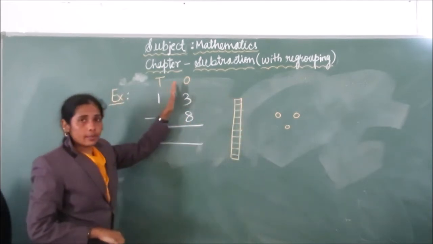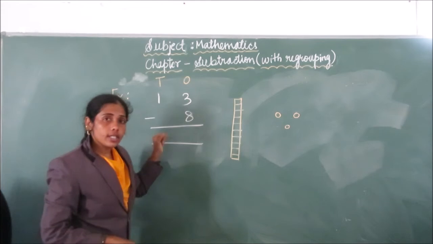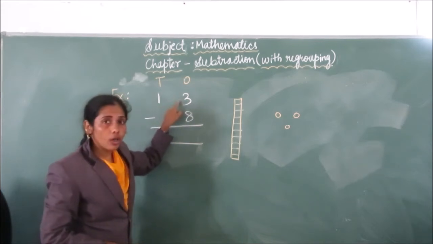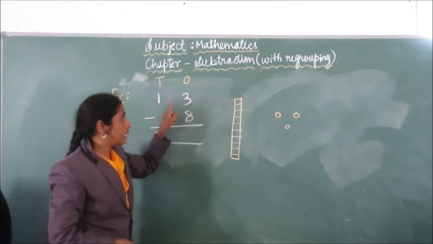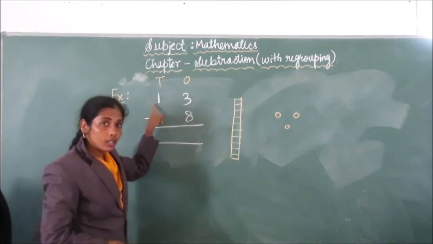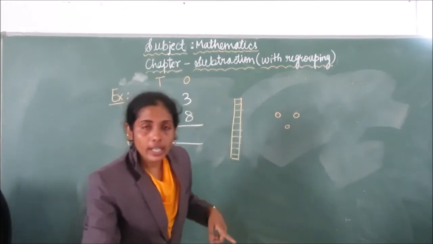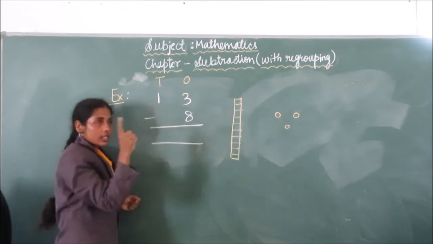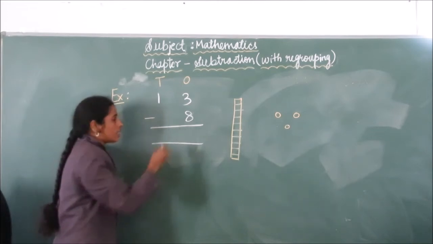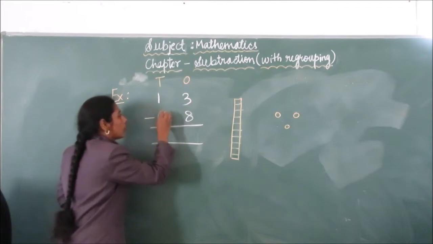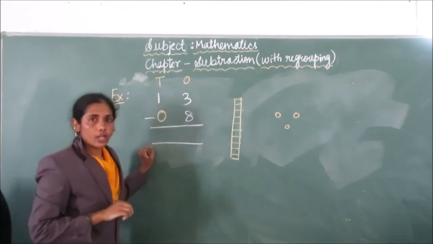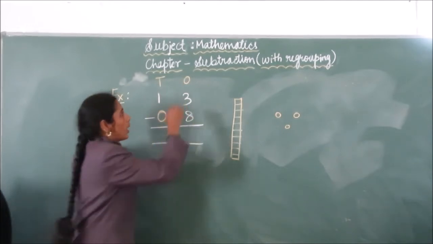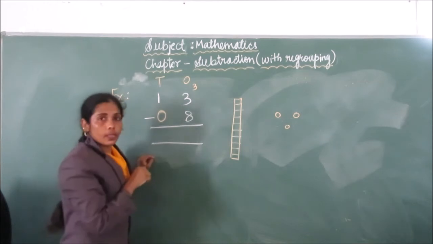Now tell me, is it possible to subtract 8 from 3? No, because the upper number is smaller than the lower number. Understood? In this case, you have to borrow from the tens place. But one thing here is that only one number is there. How many digits are there? Only one digit. No number in the sense that it will be a 0. That will be a 0. Understood? Now, 3 ones. Write 3.